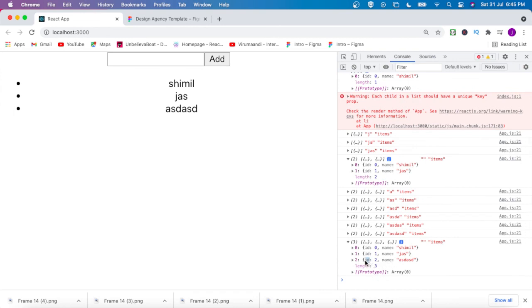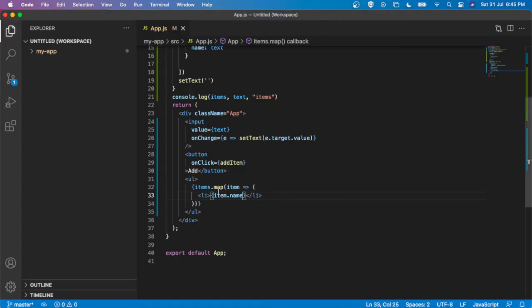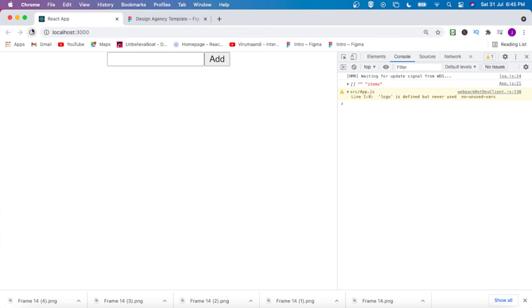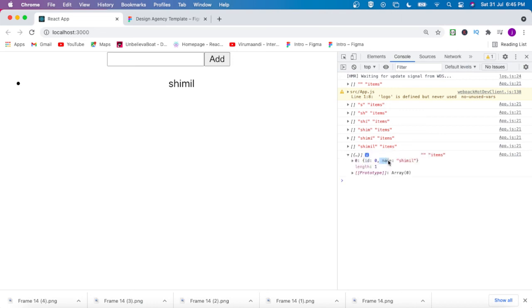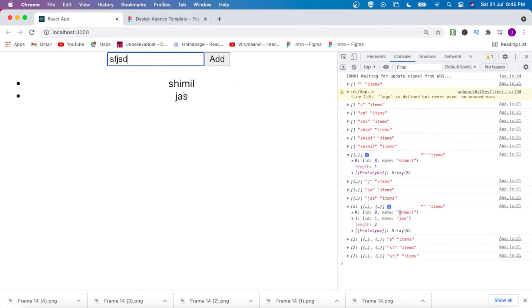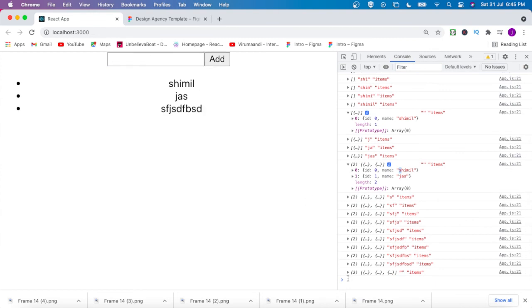Now if I add something else, see here. Now I can use this ID as my key, which we explained in FlatList as a key extractor, right? So I am just adding here a key, item dot ID, so that the virtual DOM can understand each item, right? So it can easily understand which item is that. So I just added a key property using item dot ID. Now if I try to refresh, that error should not come again, right? Let's add shimil, yes, the warning is not coming right now, and my updated array has ID and name. Now if I add one more item, JAWS is coming here. Also if I add something else, yes, that is appending to the array.